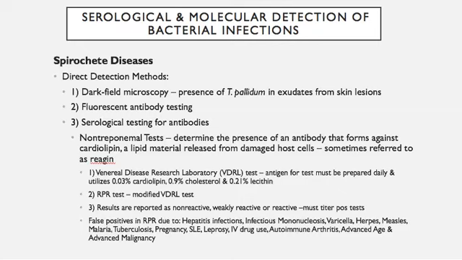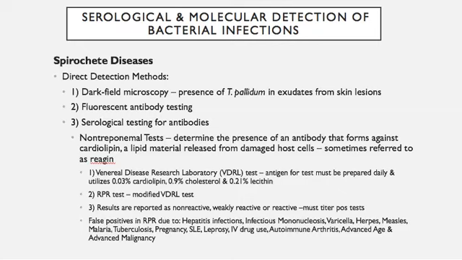Okay, and then some of the direct detection methods. Dark field microscopy can be used to identify the presence of the organism Treponema pallidum in exudates from skin lesions. There are fluorescent antibody tests available. Then there is serological testing for the antibodies, and these are the ones that we talked about previously, that get divided into treponemal and non-treponemal testing. So the non-treponemal tests are the ones that are used as a screening tool, and then the treponemal would be the ones that are used for confirmation if you have a positive